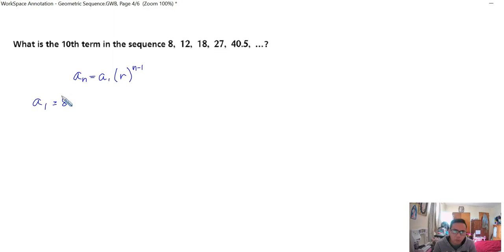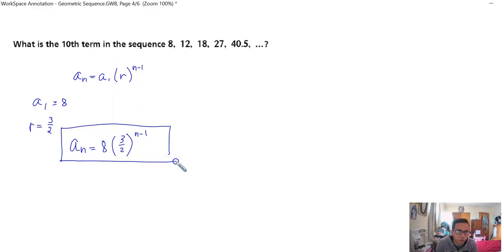So I'm just going to plug in, let's say the common ratio first. Your r is just like what we solved a while ago. It's 3 over 2. You just plug them in. Let's say I have the explicit formula here is a sub n, 8 times the common ratio, 3 over 2, and then n minus 1. Okay, n minus 1. This is the recursive formula, or no, it's not recursive, I'm so sorry, explicit formula that